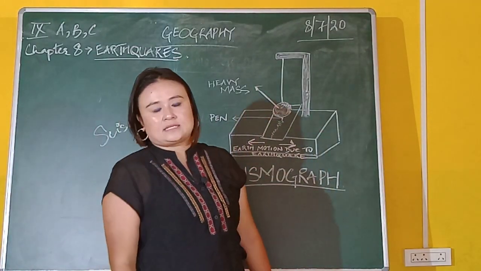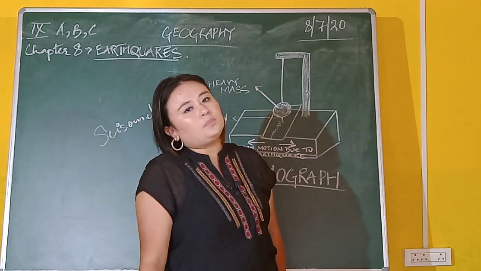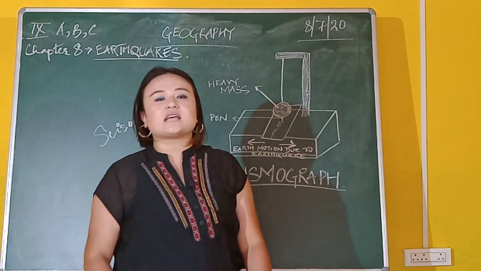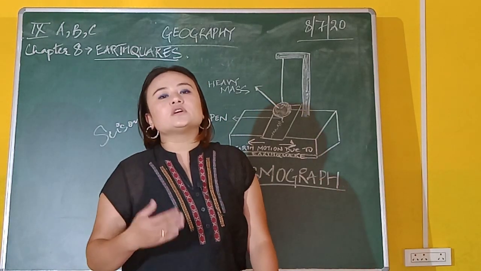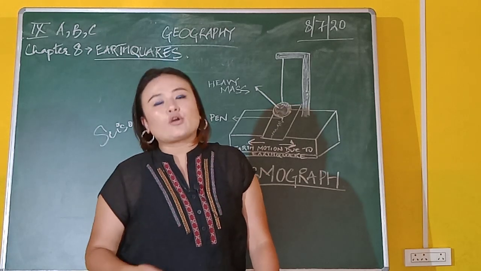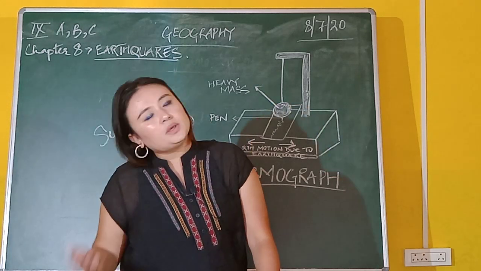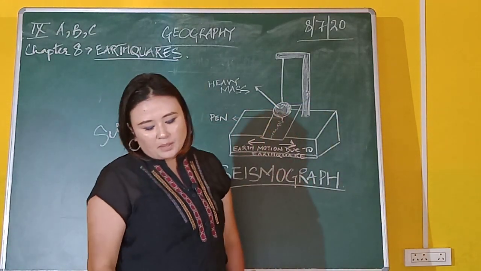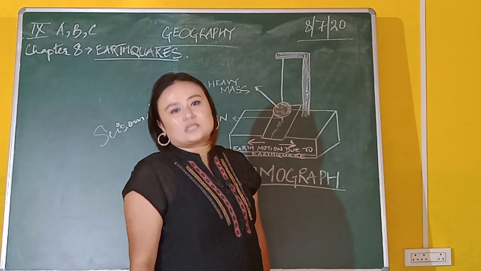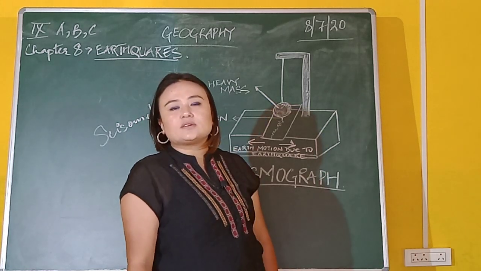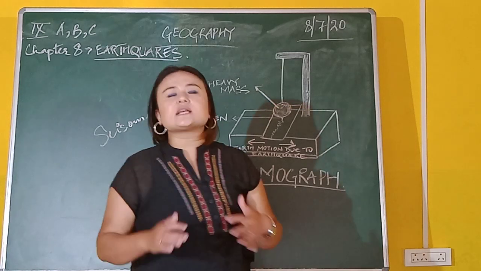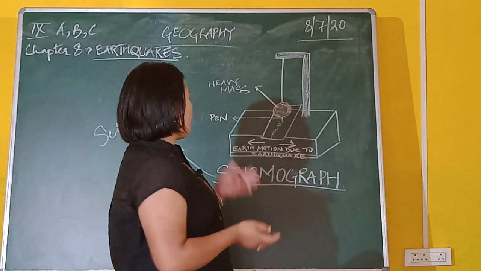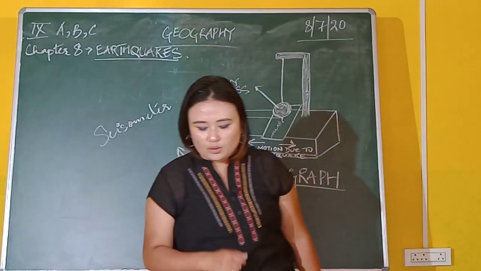It also calculates the differences in the arrival of the P waves. About P waves, I have already dealt with them in the previous class. P waves are termed your primary waves, or the first waves of an earthquake that can be recorded on a surface. P waves are also termed your push waves. So P waves are also recorded here on your traveling strip of paper, followed by your S waves. Your S waves are termed your secondary or your shear waves. So this is how your P waves and your S waves are recorded with the help of an instrument that is termed your seismograph.